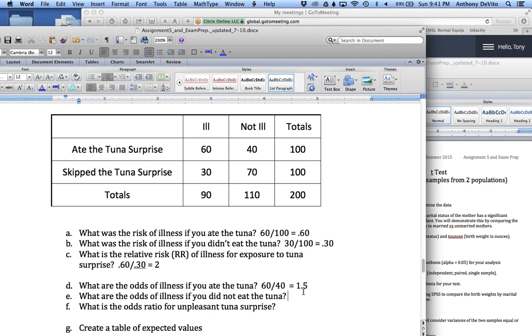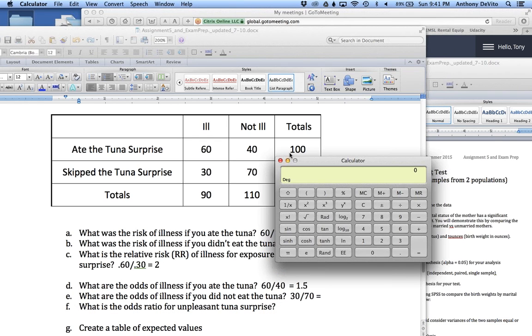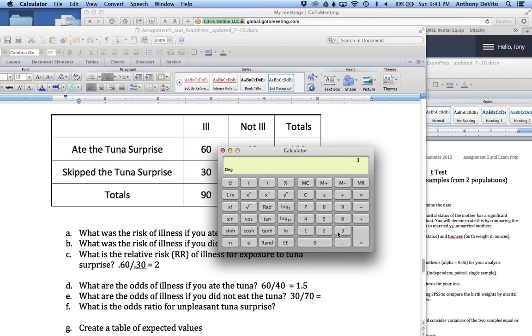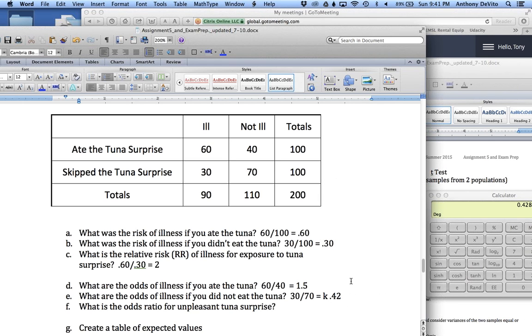Okay, and what are the odds of getting sick if you didn't eat the tuna surprise? Well, it's 30 to 70. And that's equal to, let's use our calculator. That's 0.4. I'm going to round it off to 0.43 or 0.4. I'll use 0.42. Why not? Okay, 0.42,